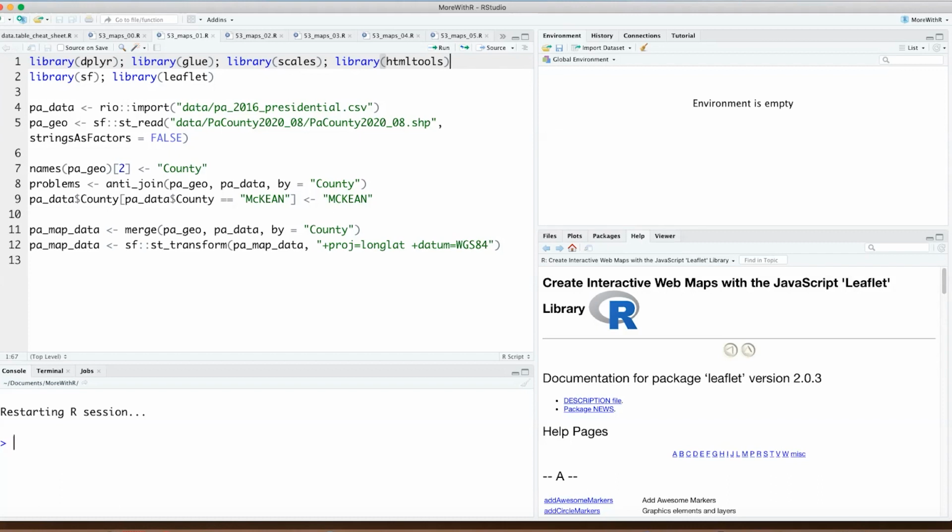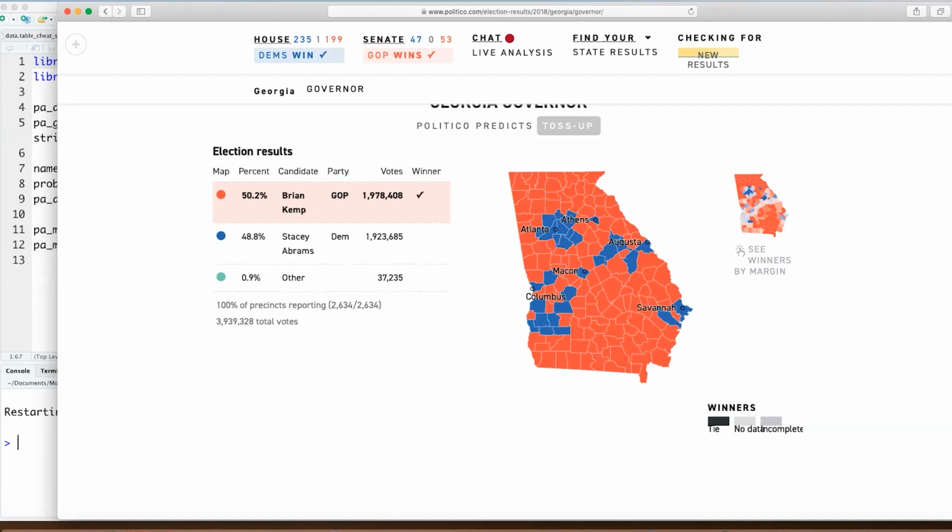But when I map results of a state election by county or a citywide election by precinct, the margin does matter. It's the overall total that decides the winner. Winning Atlanta itself isn't all you need to know when looking at Georgia statewide results for governor, for example. You'd also want to know how many votes the Democrat won by and compare that to margins in other areas, as Politico is doing here.